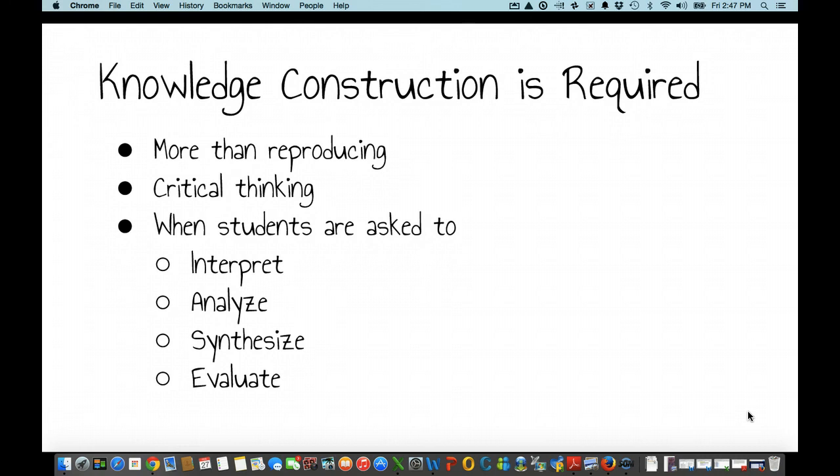So as we looked closely at the 21st century competency planning guide, we saw that there were 4 competencies within the knowledge construction dimension, and the first of which is that knowledge construction is required. An activity requires some knowledge construction when students go beyond reproducing knowledge to generate ideas or understandings that are new